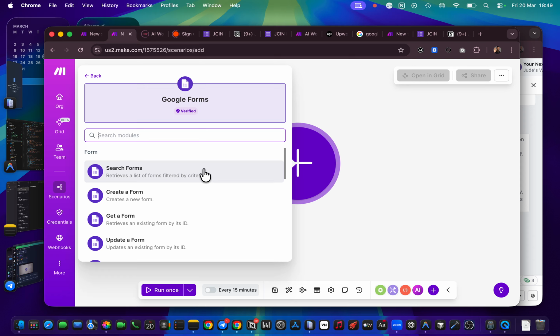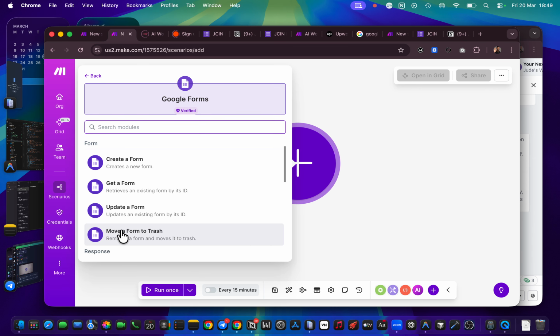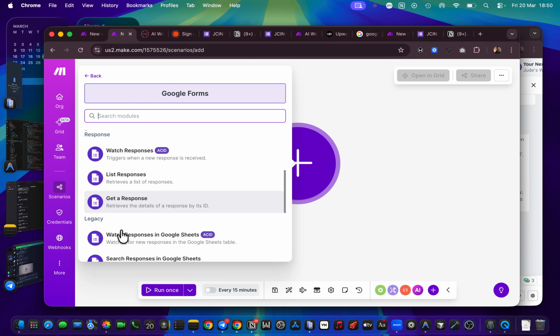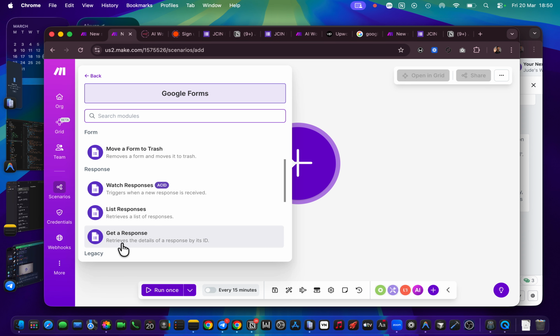You need to be able to know which one corresponds with what you want to do. Are you trying to create a new form? No, you've created it before. Are you trying to search for forms? No. You can just pick the form once you've selected it. Are you trying to update a form? No. You are trying to get responses. So in this case, you need to look through anyone that looks like you want to get a response. Now you can see this. It exists. You see there's list response, there's watch responses.